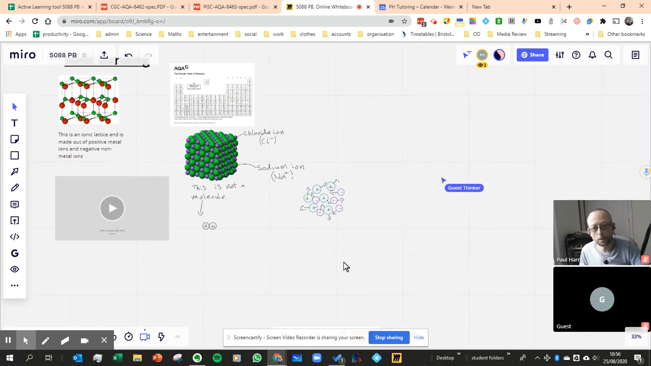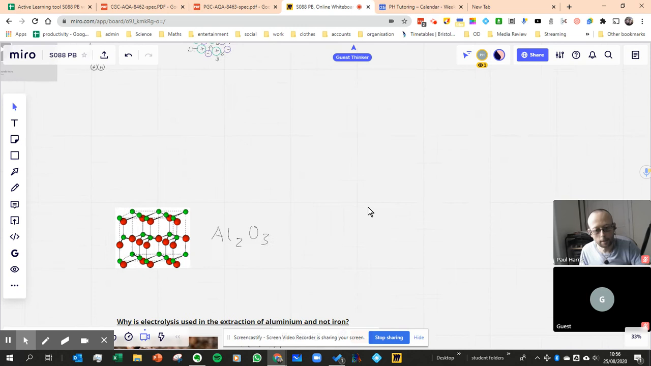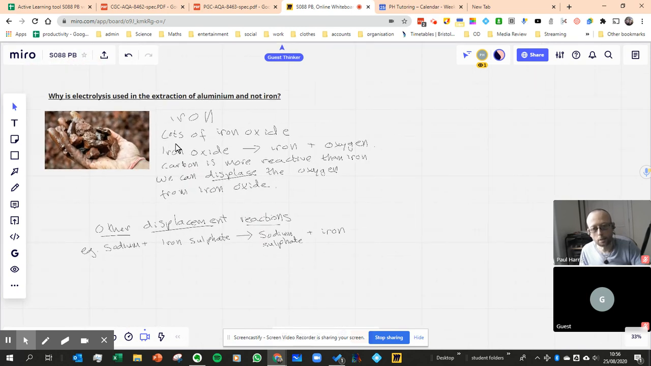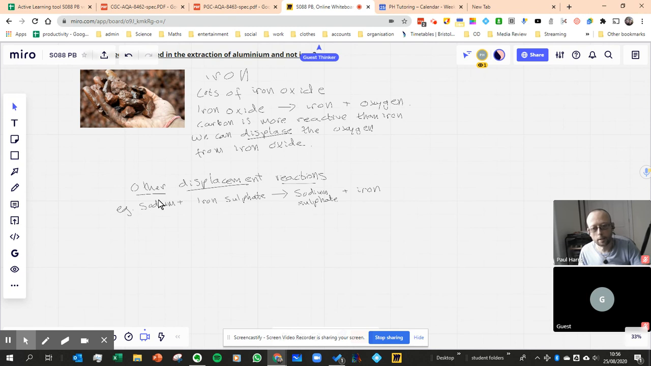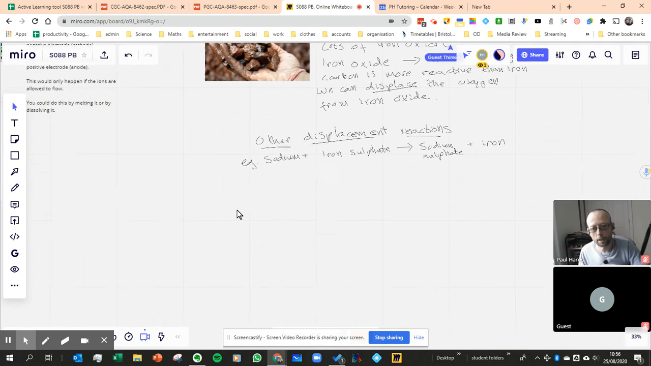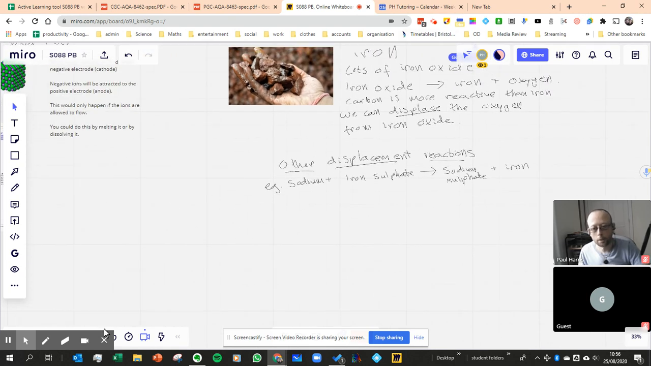We also, I just showed over here that this is a picture of them floating, being able to flow, which I made a little video on over here. And then I talked a little bit about why electrolysis is used in aluminium, not iron. So I think I touched upon this at the beginning of this video. And this is an example of another displacement reaction. So I'll just